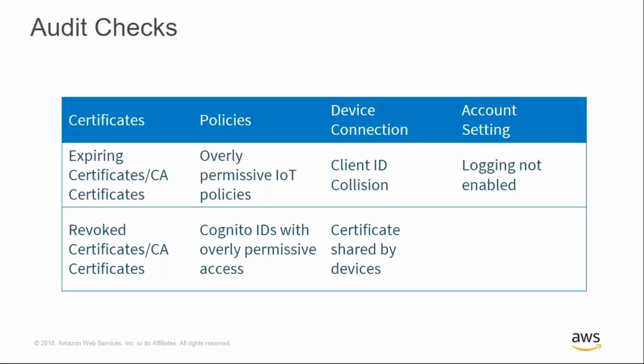Audit will also flag any overly permissive IoT policies. For example, if a device has permission to publish to all topics, or if the device has permission to perform any administrative action like deleting the IoT resources associated with other devices. Those are the kind of things that we will be able to catch with overly permissive policies. A certificate, Cognito ID, or thing group with an overly permissive policy can, if compromised, impact the security of your entire account. An attacker could use such broad access to read or modify device shadows, jobs, or job executions of all your devices. Or the attacker could use a compromised certificate to connect malicious devices or launch a DDoS attack